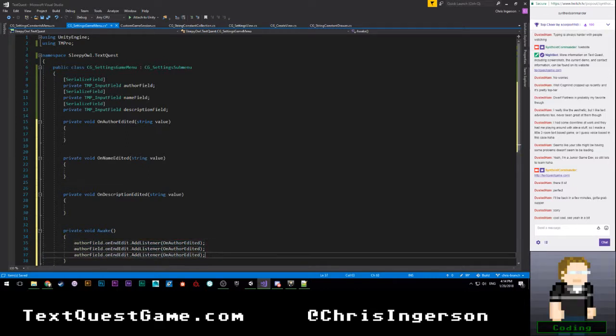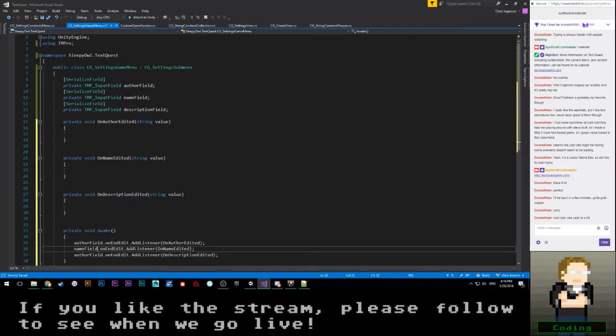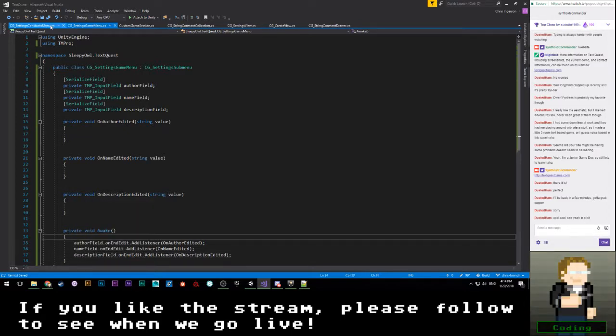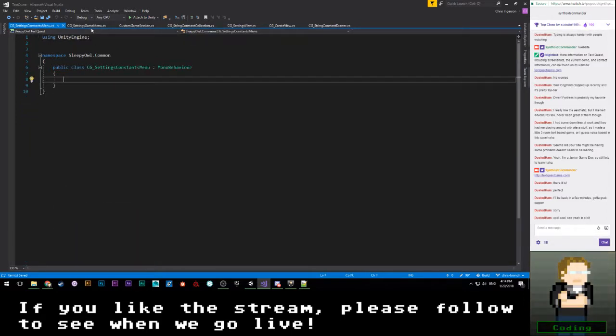Just copy that twice. NameEdited, OnDescriptionEdited. Name field followed by description field. Okay, so that should be good for that submenu for now.